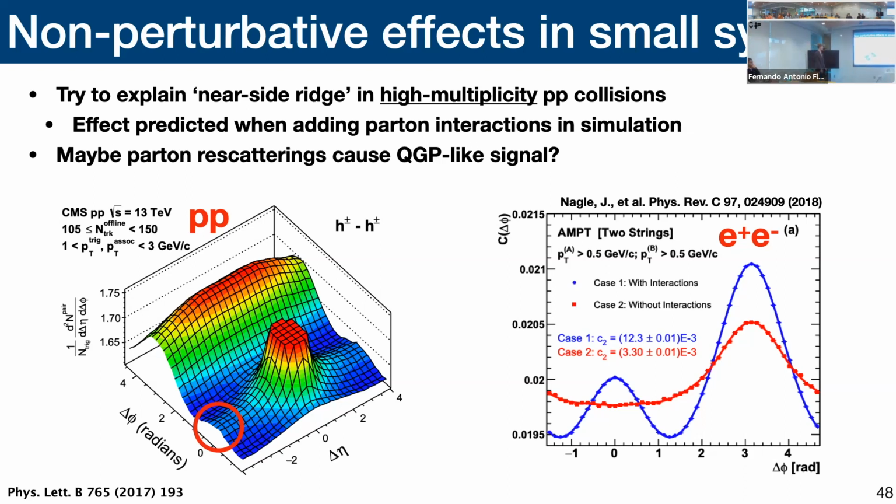So people were asking this question, and it was proposed here to try to do the same measurement in electron-positron collisions because they're simple, right? In this kind of simulation, they said if you kind of tweak the interaction between the quarks, perhaps you could get a little bump here, right? Which would be simple. So my colleagues and I saw that, and we said, okay, let's try to measure that.